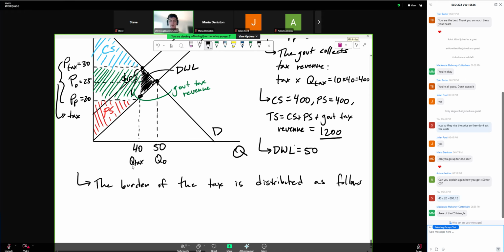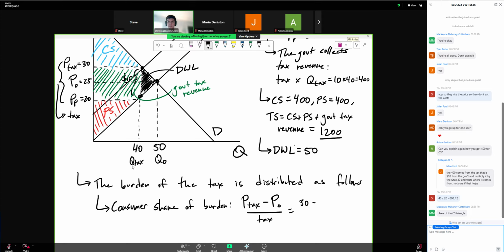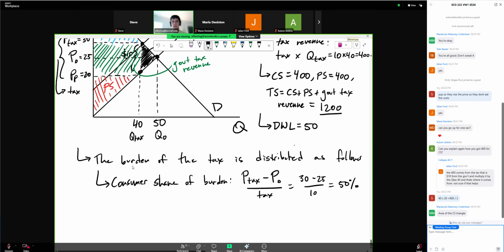So when we compute the consumer share of the tax burden, we get it's equal to P tax minus P0 divided by the tax. In other words, how much has the consumer's price increased relative to the tax? And you can see that P tax is 30 here, P0 is 25, the tax is 10, and so you're left with 50%. You express it as a percentage. Now, if consumers pay 50% of the tax, right, economically speaking, the economic incidence is that consumers pay 50%, then the producer share